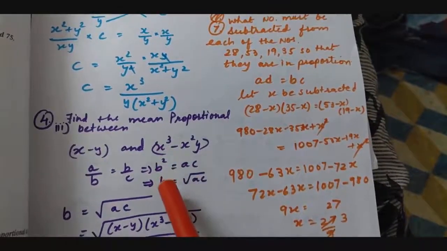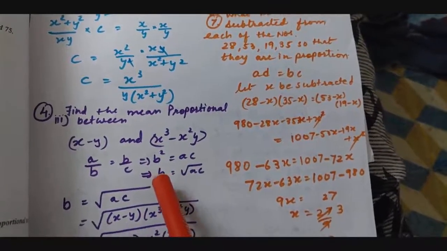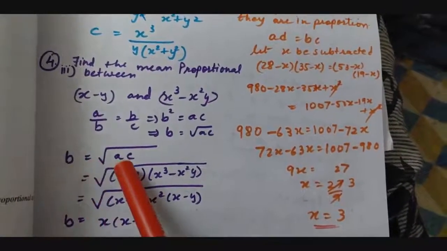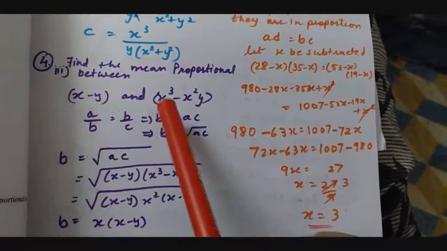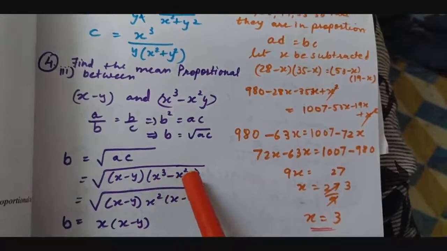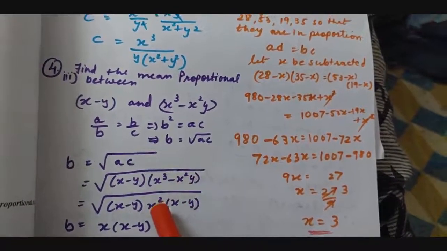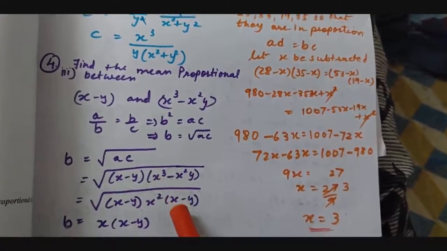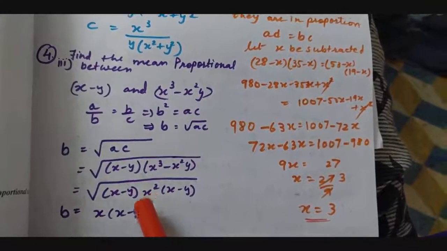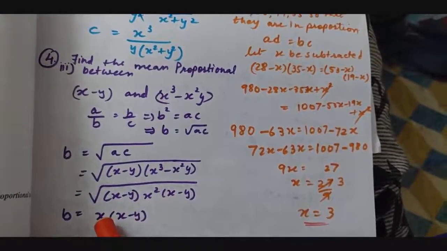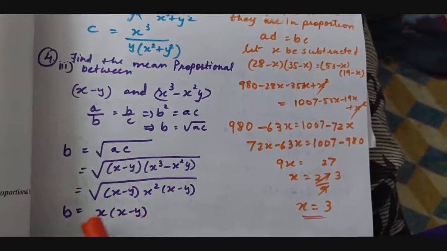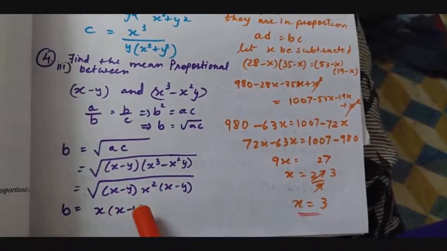We have studied that B is called mean proportional. So I use that theory to get mean. Here B is equal to square root AC. Now these are our A and C, so I place them in a square root sign. Now taking factors, here x square is common, so taking out, and x minus y in the bracket. Now square root sign, so taking square root, square removed and x, and these two brackets only one time. So this is our answer of mean proportional.